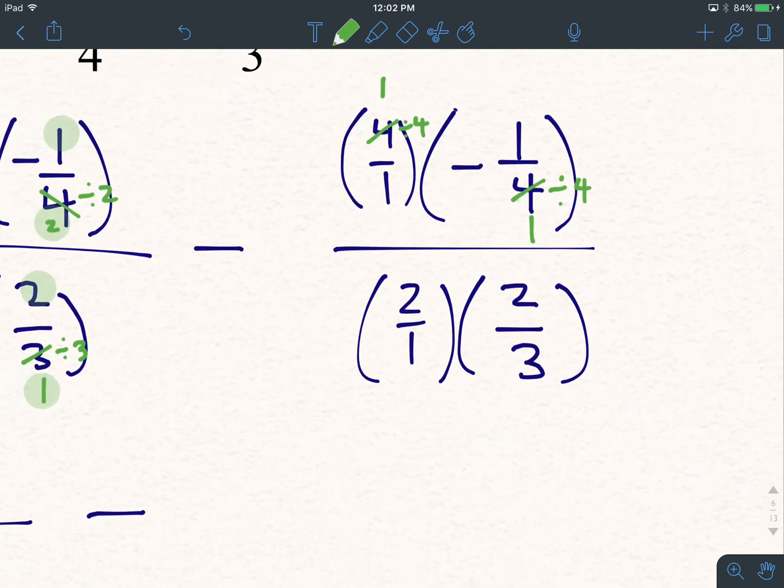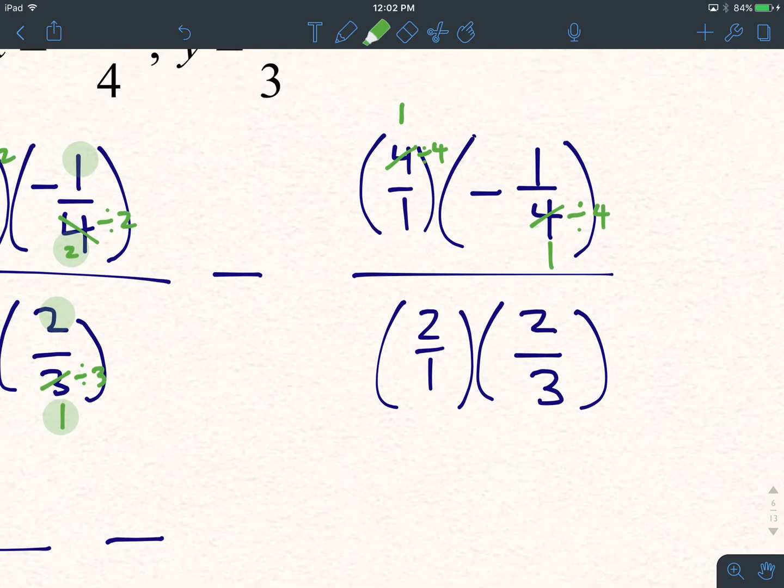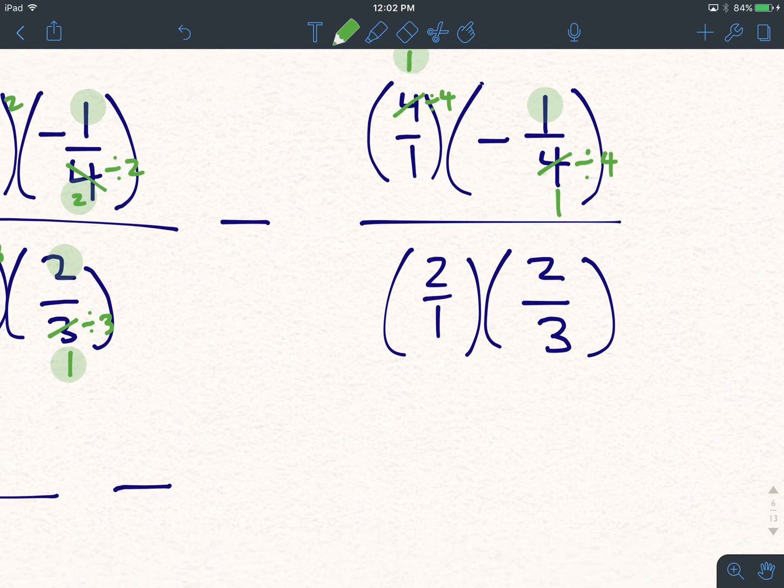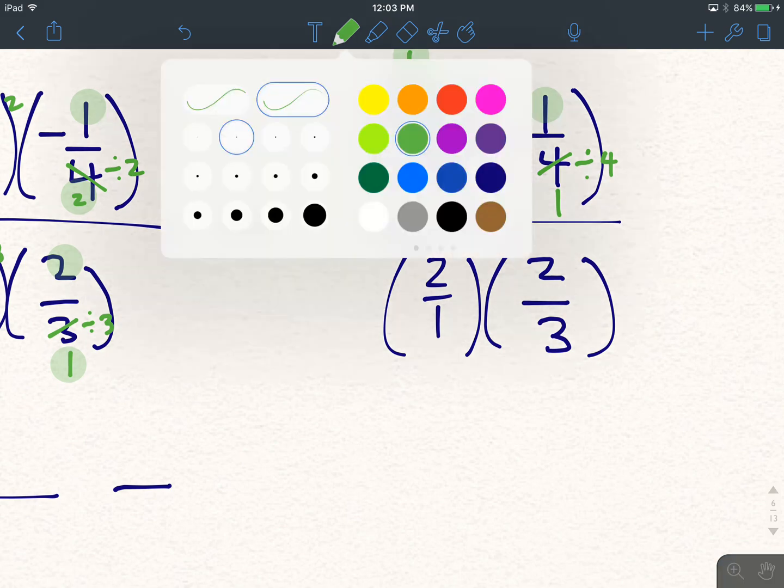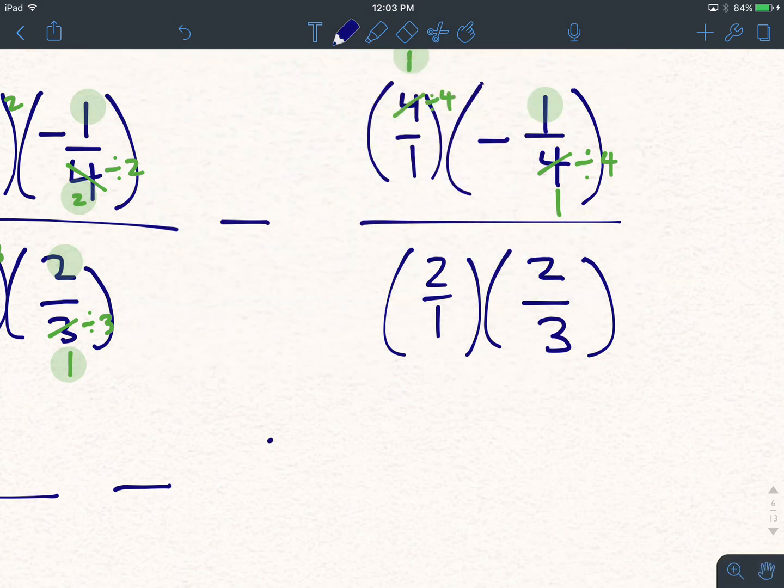Let's write out that next step then. So our numerator is going to be 1 times -1, which gives us -1, over 1 times 1, which is going to be 1, all over